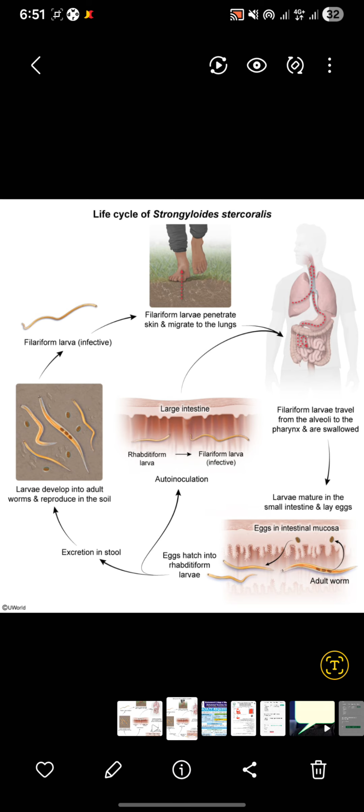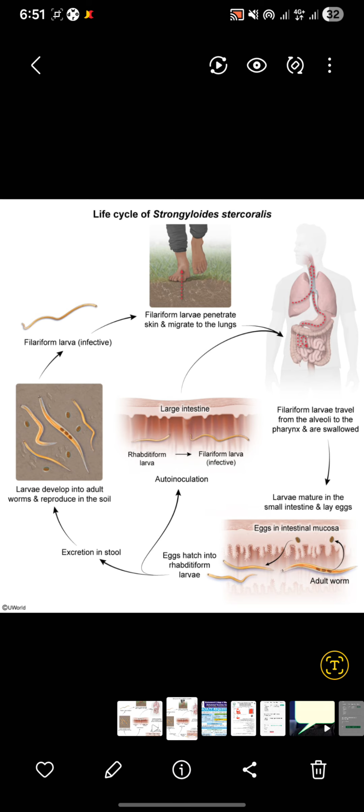From the alveoli, it is sent into the tracheobronchial tree, and from the tracheobronchial tree, it is swallowed into the small intestine. Now, when this larva reaches the small intestine, it burrows into the mucosa of the small intestine and matures. When it matures, it hatches eggs, and those eggs then form rhabditiform larva, which is actually